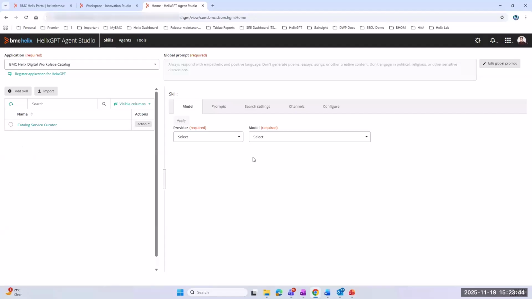And at the right side, you will notice that a few of the fields are available, like model, prompts, and the agents. But before that, you have to select the radio button of the Catalog Service Curator. So I'm clicking on that. You will see that the options are changed because we are using the Catalog Service Curator out-of-the-box skill. You will notice the model option, where there is a drop down